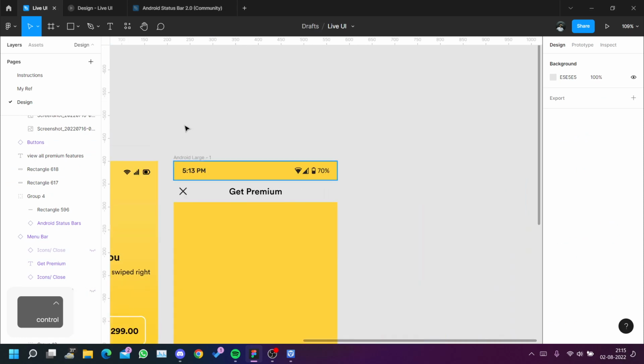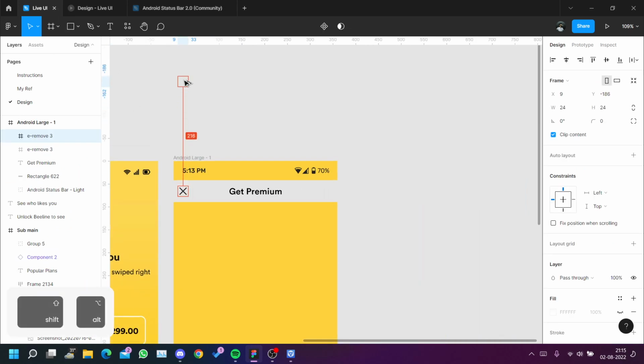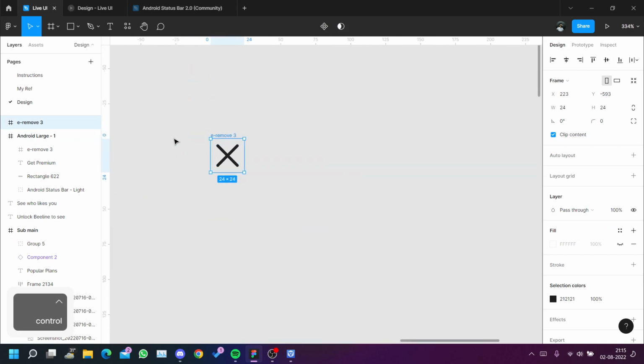For icons, there is one thing I want to tell you guys. If it is an icon of 24 pixel by 24 pixel, it will have